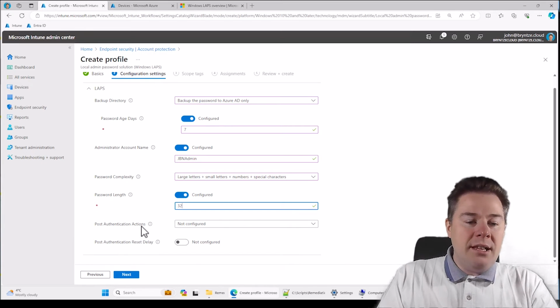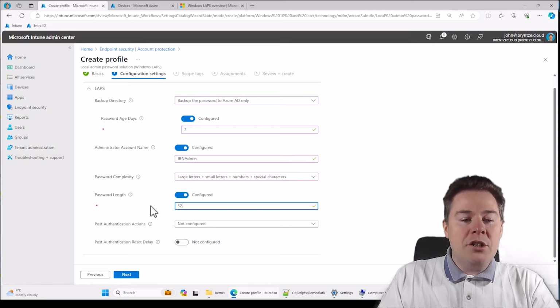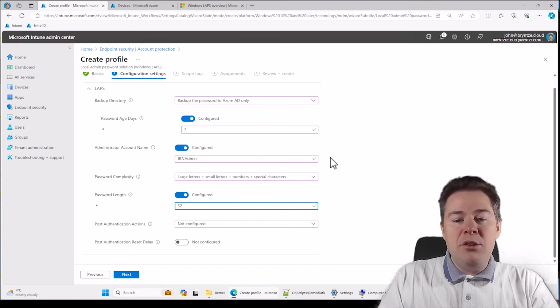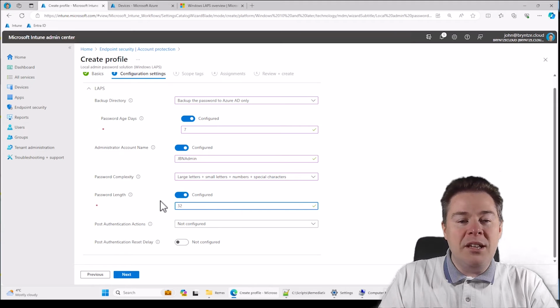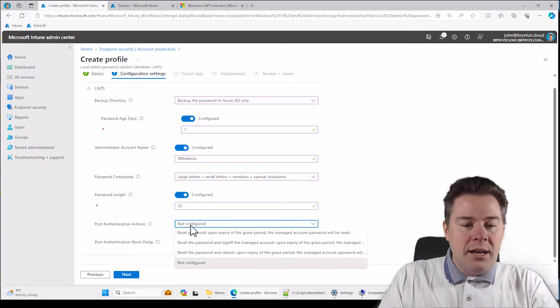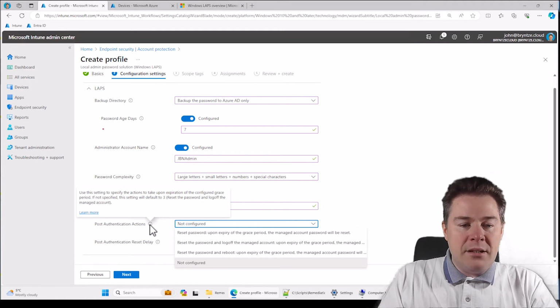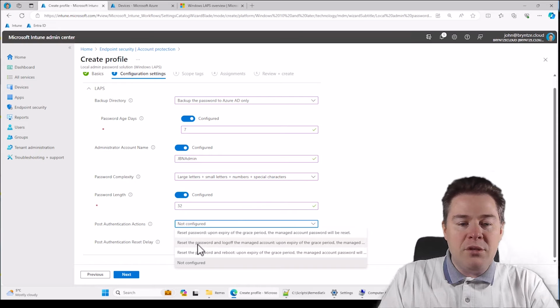Post-authentication actions. That is, if the password has expired, what should it do with the account? Because, I mean, if you know the old password and you log in, you could stay logged in forever. So this is to be able to take some actions so you can't log in with the old password and never log off. I'm not going to configure this, but the default one is good enough for me. But you can reset the password when it expires,